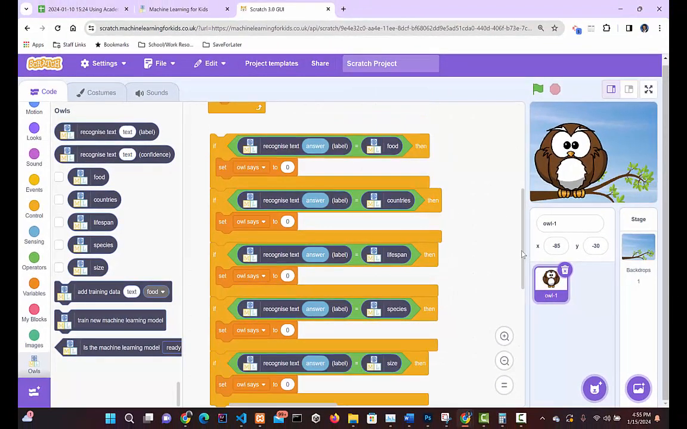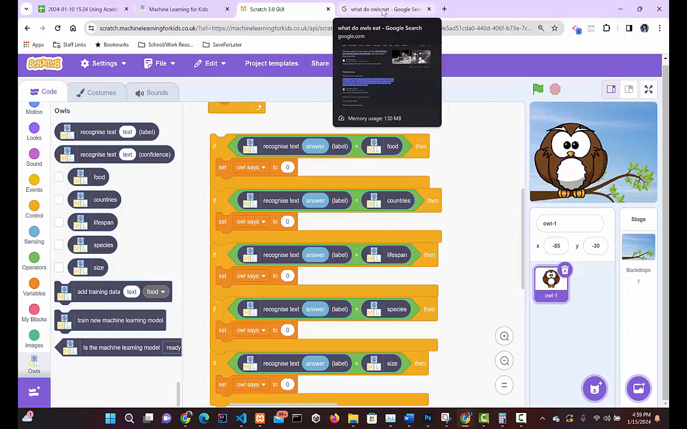So now my code looks like that. So what we will do now is type in the response for the answers for each of the categories, what the owl will say if the question pertains to food, countries, lifespan, species, and size. What I'll do is for the first one, food, I'm just going to do a quick Google search on what